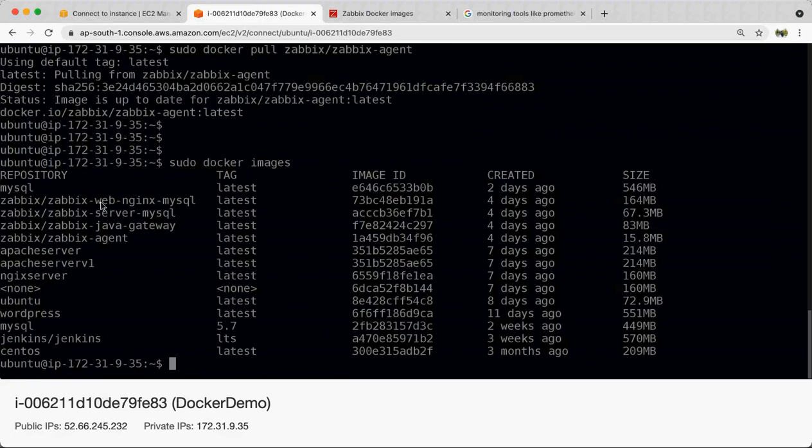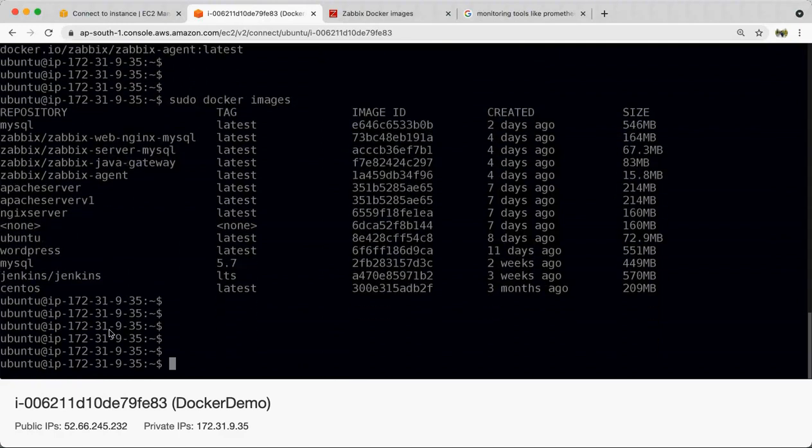So we have a Zabbix web UI, with the Nginx-based web container and MySQL database, and we have a Zabbix server with MySQL, Zabbix gateway, agent, and all the other old Docker images.